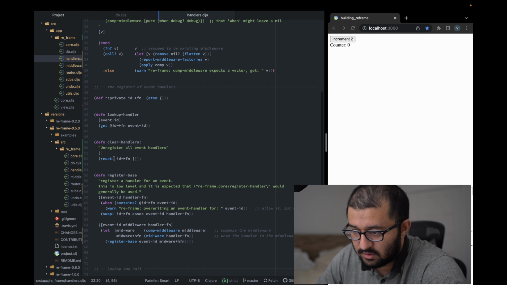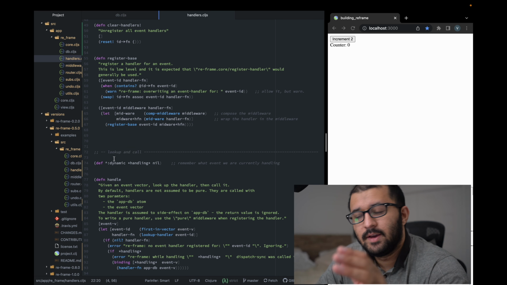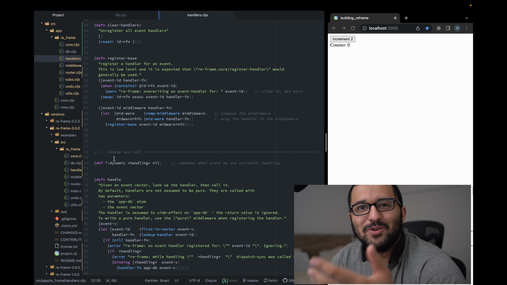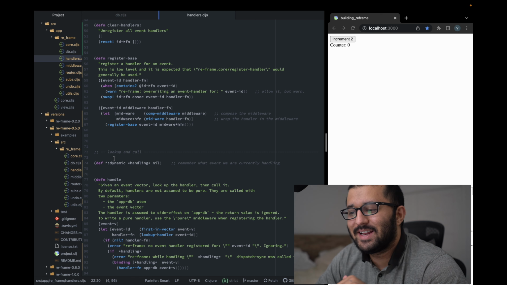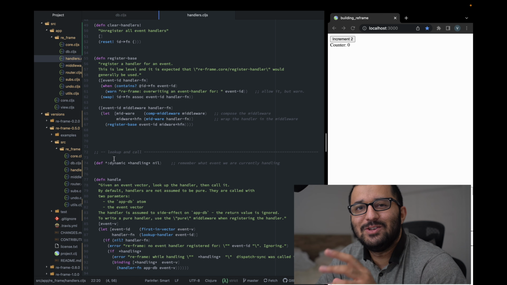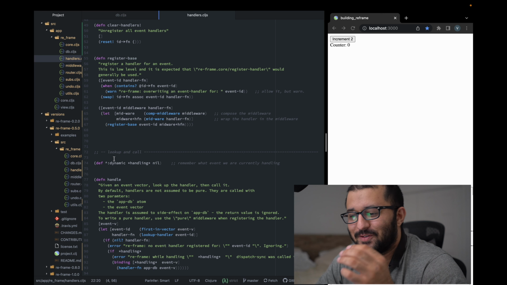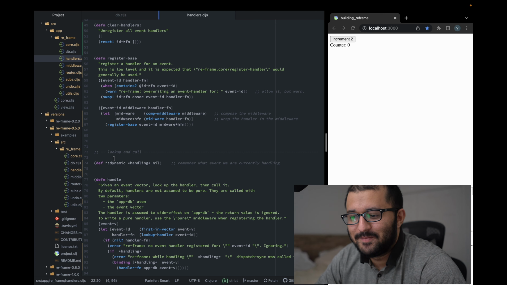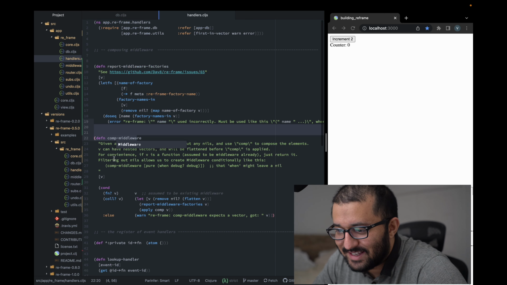So in Atom, because I use Clojure and ClojureScript using Atom because I'm used to the hotkeys of Atom. The rest I use VS Code, but I need to get used to using Clojure and VS Code first. I still haven't gotten used to it, so I'm still using Atom. Anyways, let's get back to the